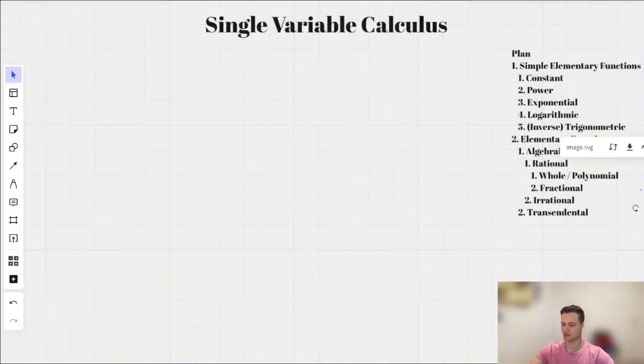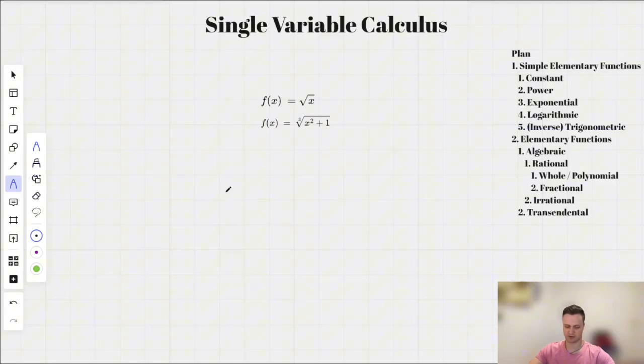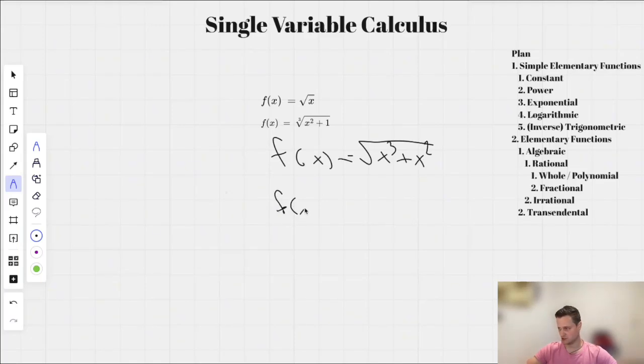The irrational ones are quite simply defined as functions which contain the argument x under the root sign. So for example, this is a radical sign. These are just two examples, so let me try to come up with a couple more. For example, this may be a root of some complicated polynomial, x cubed, x squared, and so on and so forth. But it's important to know that if the argument is not under the root, but a root still exists, for example,